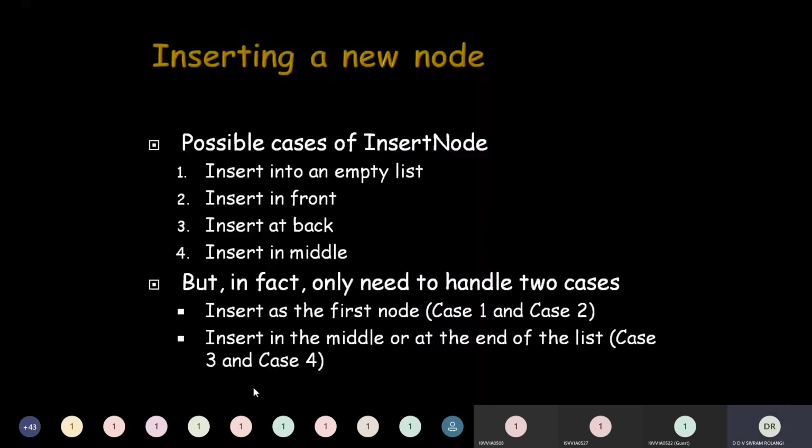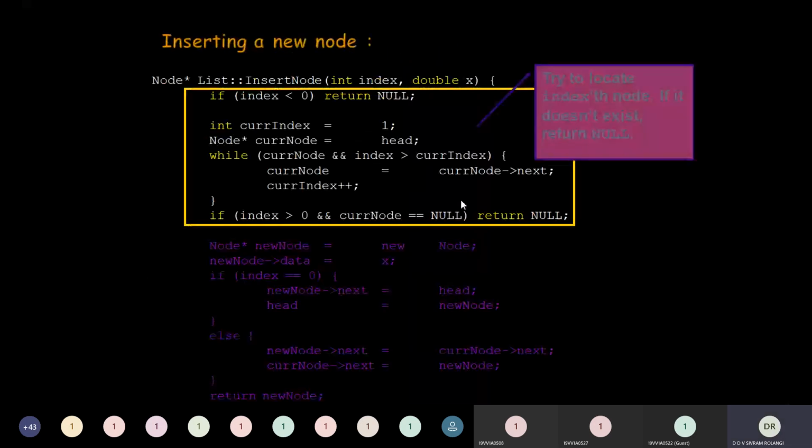Now, if you want, you can note this down. This is actually C code. Forget about any new syntax that you might encounter here, and look at the code portion only. I'm going to explain the code. If index is less than 0, return null. If index is less than 0, we can't do anything, so return null.